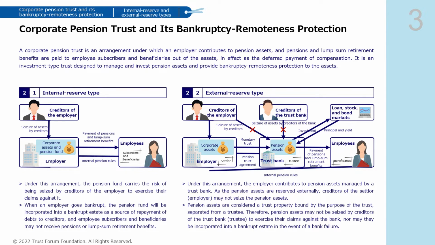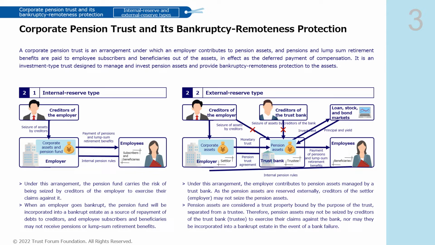When corporate pension plans were first adopted by Japanese businesses, pensions and lump sum retirement benefits were paid to employees out of internally reserved funds. In those early days, there were cases when employees did not receive any pensions or retirement benefits entitled to them when their companies went bankrupt, and corporate assets, including internally reserved pension funds, were withheld by creditors to pay off debts. Those cases prompted employers to externally pool their pension assets into trusts, which were protected in corporate failures.